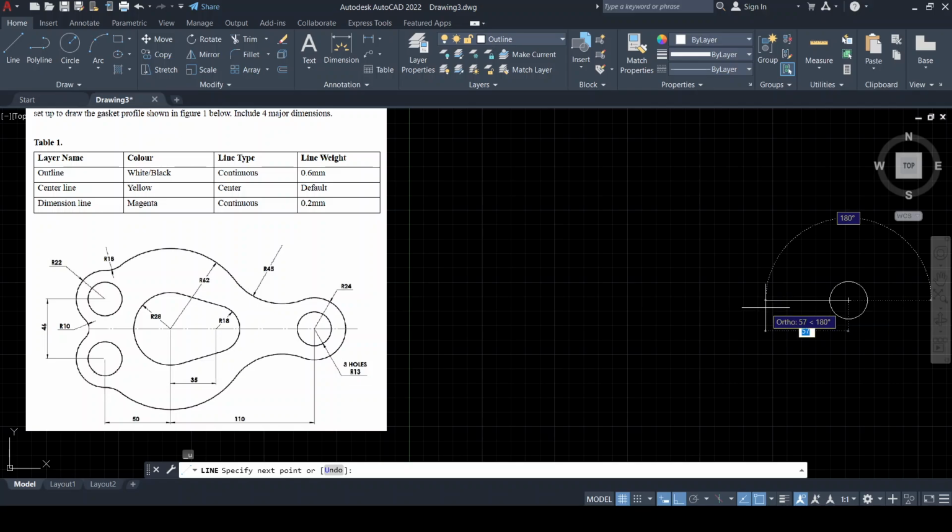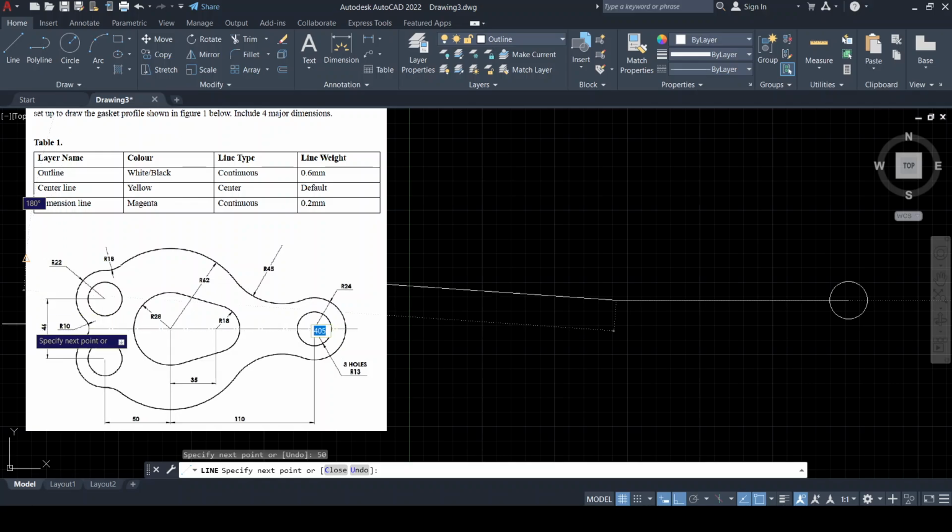So now I'll draw 110, press enter, then 50, press enter. So I now have two lines there. Then I'll either go up or down by 23 because this entire distance is 46, so half of it. So I can draw a line going straight up, distance of 23, press enter, then I can escape